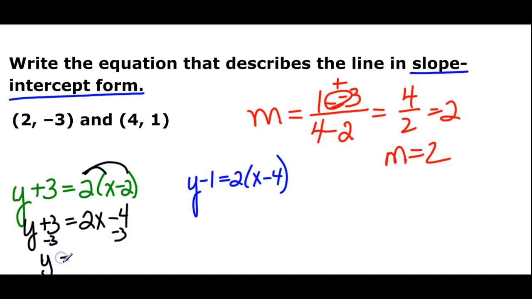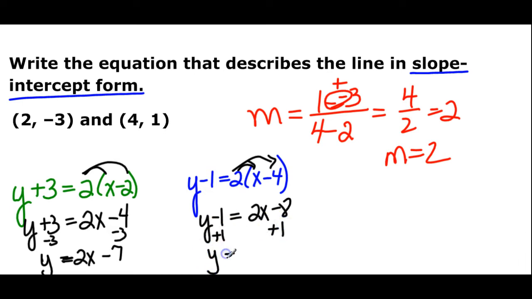I get y is equal to 2x minus 7. If I had used this other one, that's an equal sign, I would have done the distributive property here. That would have given me y minus 1 is equal to 2x minus 8. Add 1 to both sides, and I get y is equal to 2x minus 7. That's the beauty. Regardless of which point you use, when you put it in slope-intercept form, you get the exact